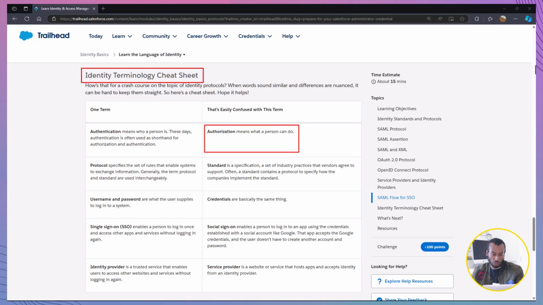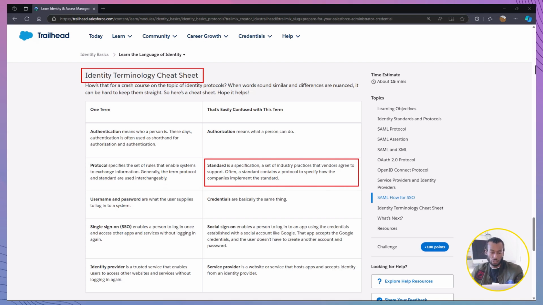Think of it like this. Authentication is your ID card proving who you are, while authorization is the key that lets you access certain rooms in a building. Next, let's clear up protocol and standard. Protocol is like a set of rules for how systems communicate and exchange data. Standard is the industry-approved specification that everyone follows, often incorporating protocols. For example, OAuth is a protocol, but OpenID Connect is a standard that builds on OAuth to specify how authentication